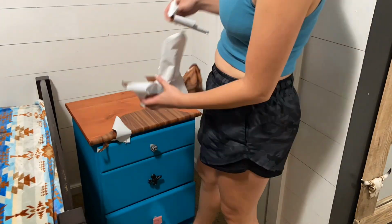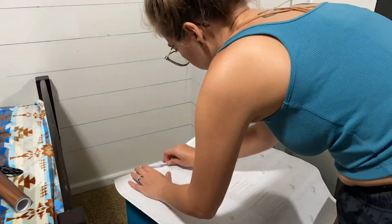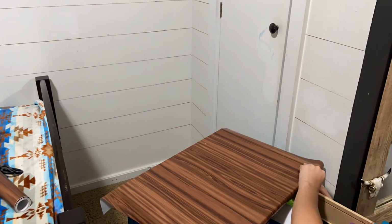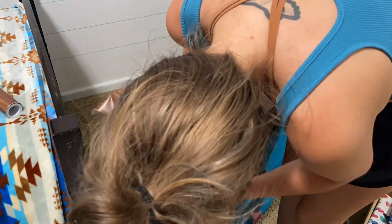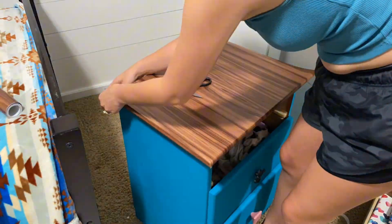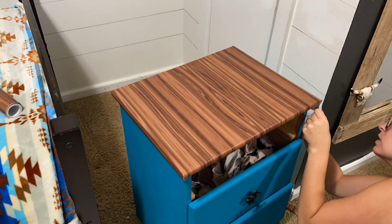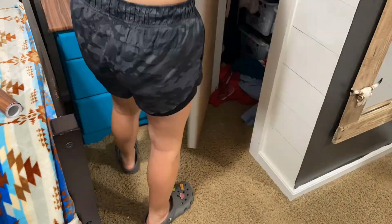But then we are putting her nightstand right here, and I am going to contact paper it. I don't know why I did this to her furniture, just to kind of save the wood, because she would get nail polish and stuff on it. So this is from Walmart, I believe, but again, I've had the whole roll forever now. I don't even know if they still have this style, but I'm just resurfacing it, I guess you would say,